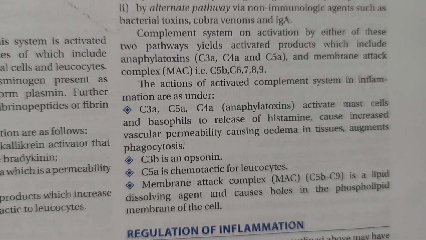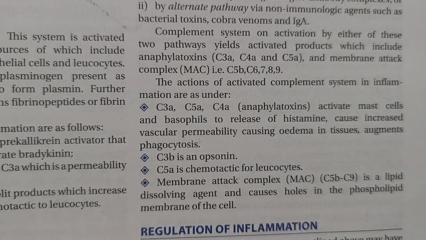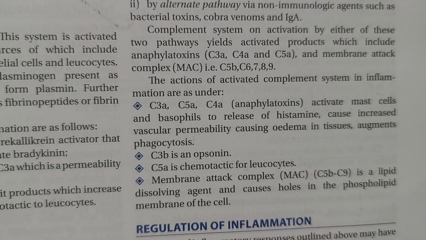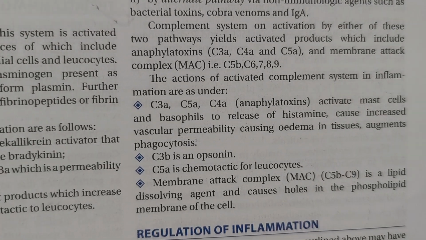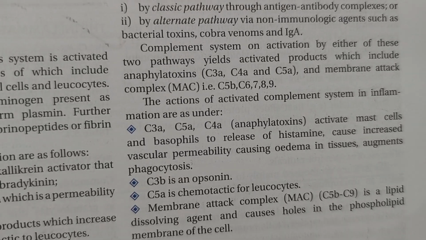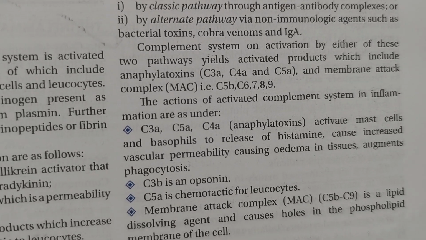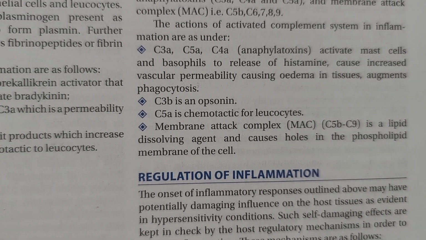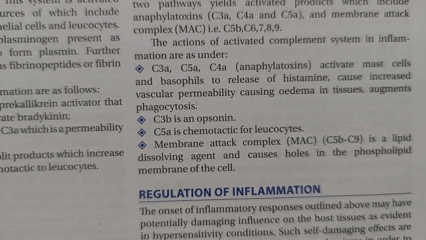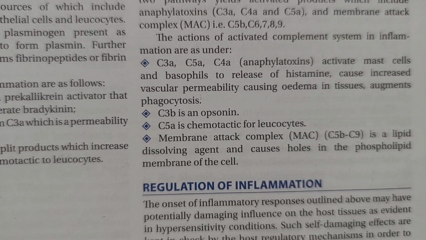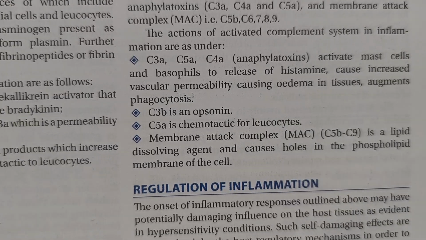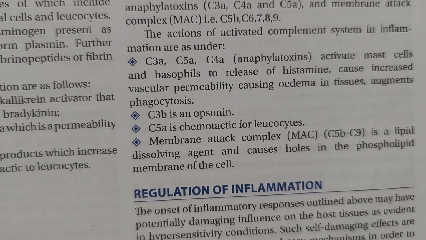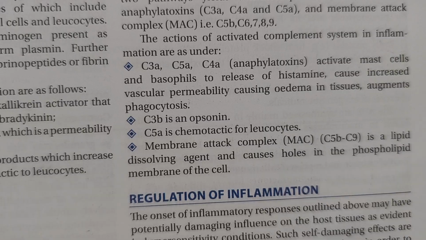Activation by either of these two pathways yields activated products which include anaphylatoxins like C3a, C4a and C5a, and the membrane attack complex, that is C5b, C6, C7, C8 and C9. The actions of the activated complement system in inflammation are as under. C3a, C5a and C4a anaphylatoxins activate the mast cells and basophils to release histamine and cause increased vascular permeability, causing edema in the tissue,